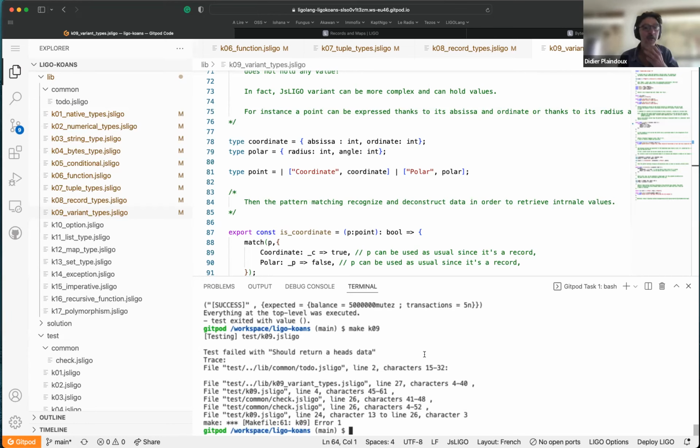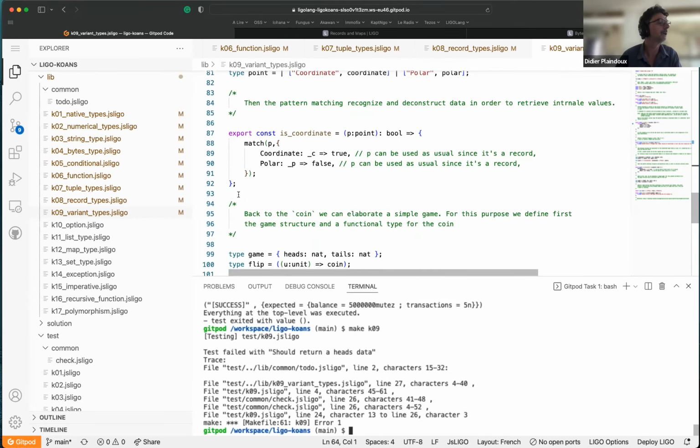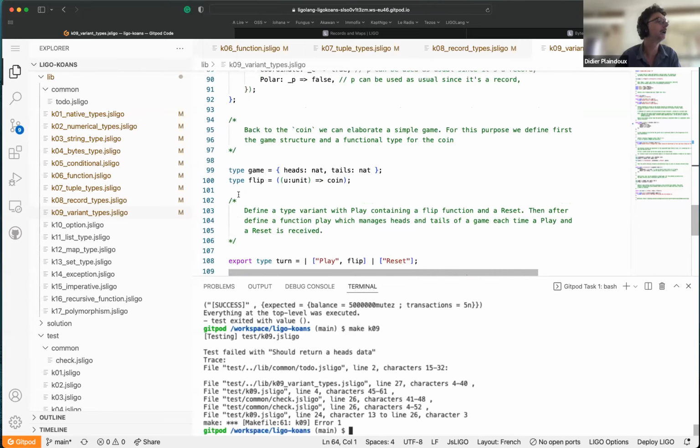So we can solve this sort of exercises. As we mentioned just before,